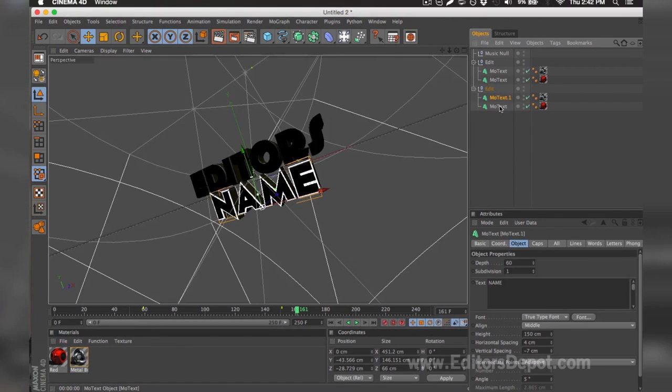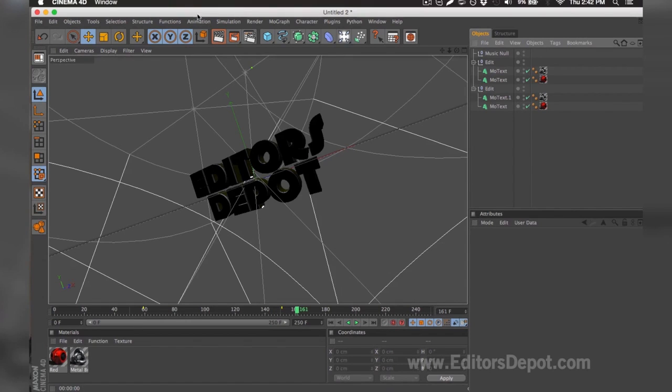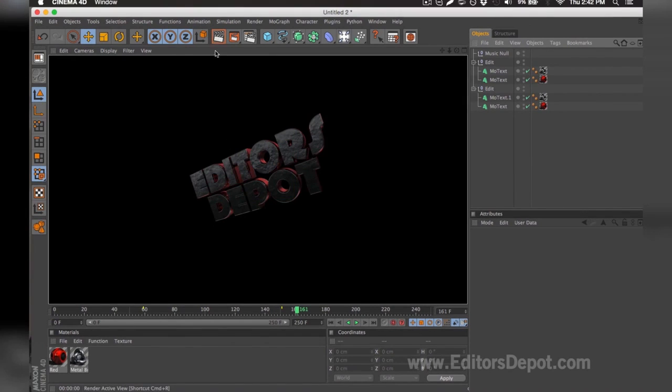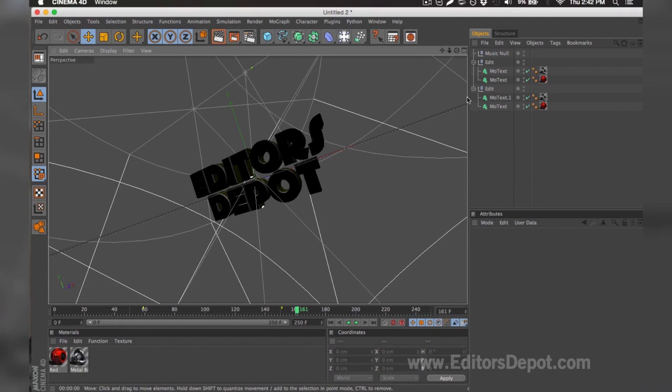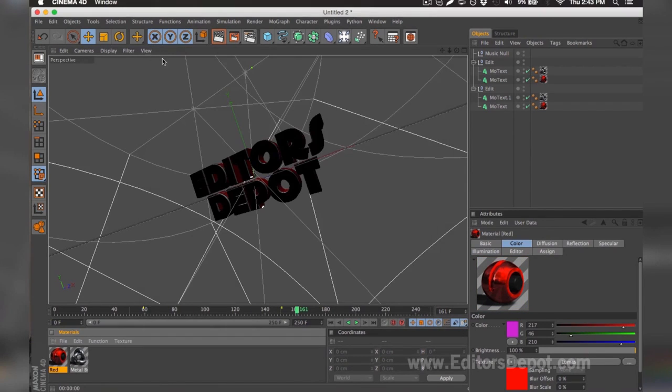You do the exact same thing for the bottom layers. I selected both at the same time. I'm going to replace it with Depot. Once I go ahead and render preview, it looks amazing and I'm happy with it. I'm 100% happy with the colors because it's red and Editors Depot is red, but if you're not happy with the colors, you can simply come down below, double click it, and make any modifications you wish, whether it's make it green, make it blue, or blend it all together and make a little purple. I'm going to go ahead and keep it this way,